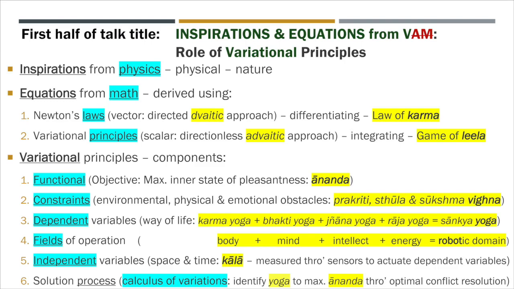Now Newton's laws, or Newtonian mechanics as we see, is a law, whereas variational principles are principles. Now there's a huge difference between a law and a principle, which we take for granted in most of our